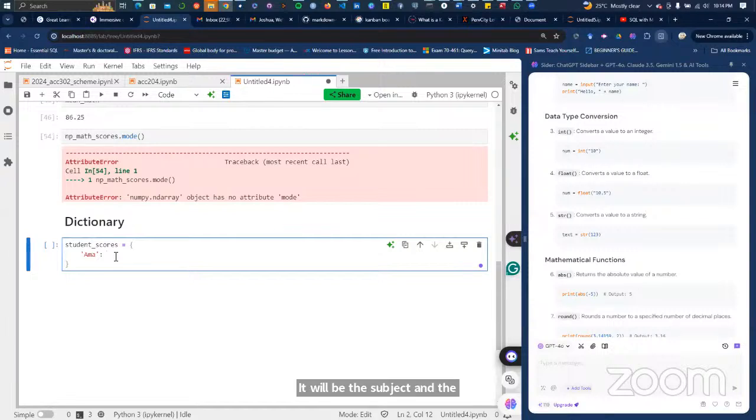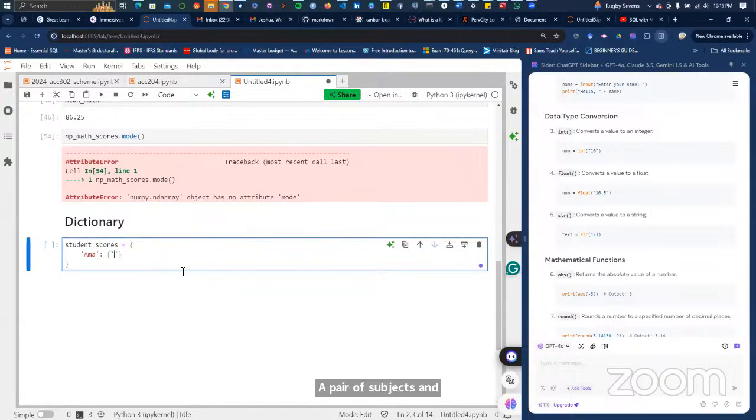So this will have to be a dictionary of subject-score pairs for each student.